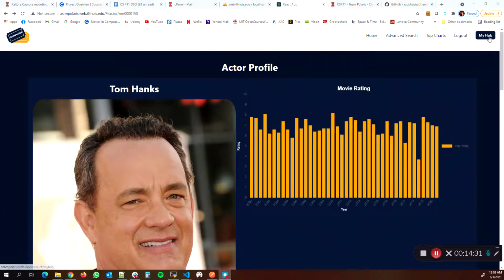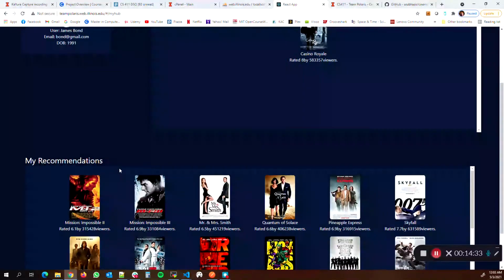Now let's look at the My Hub page and the movie recommendation engine we have. This is one of the other advanced features of our application, movie recommendation. It works using an analytical query in MySQL, and we recommend movies based on the user rating. As we see, the user rated two movies, and based on that, we recommend certain movies, and they are based on the genre basically.